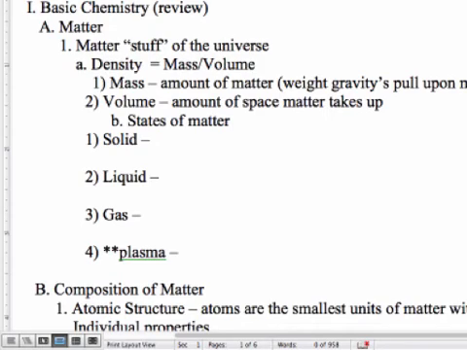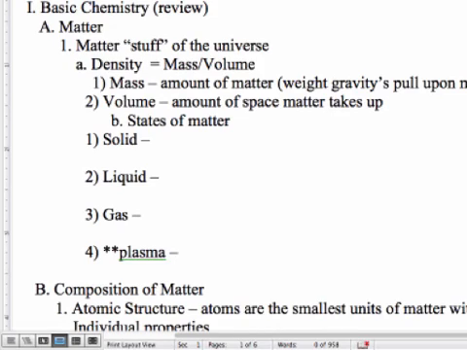In fact, if we take a very small amount of gas and put it into a very large area, it will continue to spread to the shape of its container, but it'll actually continue to spread until it's no longer really a gas. It's just these little individual molecules all floating around. So gas does not have a definite shape, nor does it have a definite volume, and it can completely spread out until it totally disassociates.